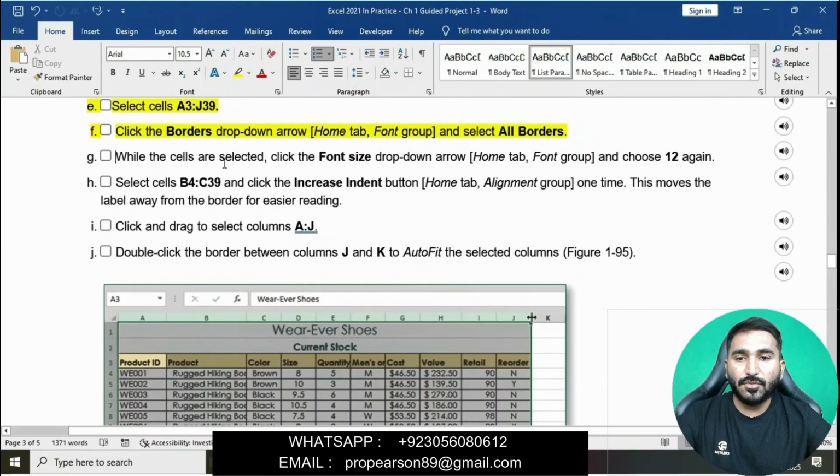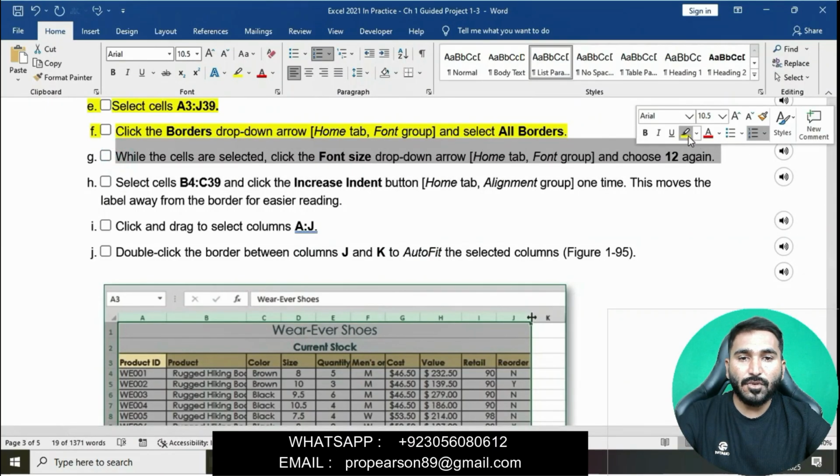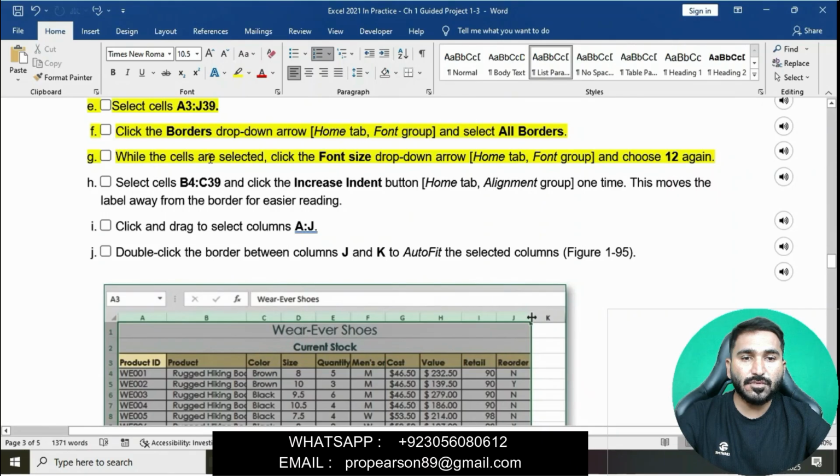Point G: while the cells are selected, click the Font Size drop-down arrow and choose 12 again.